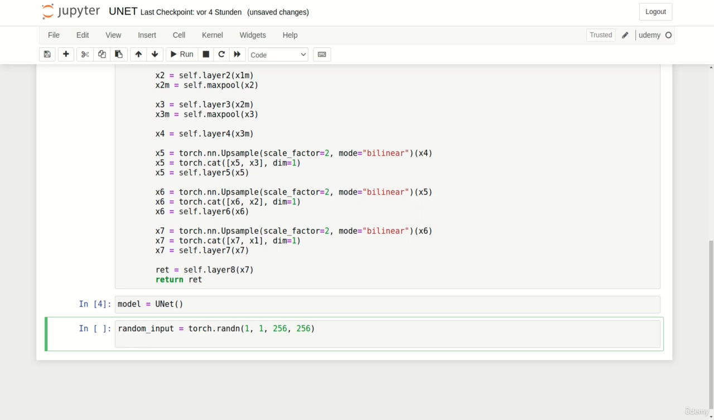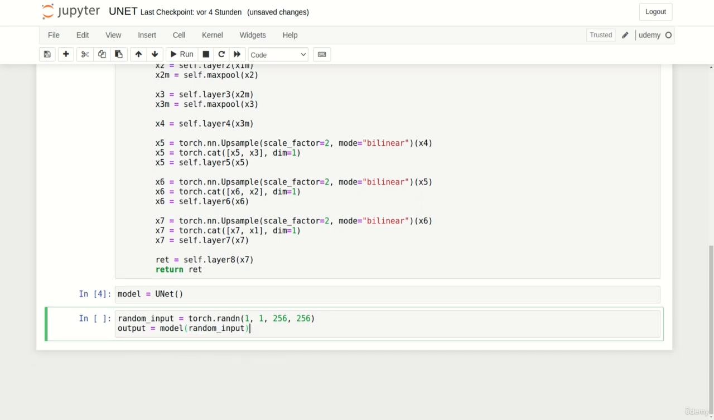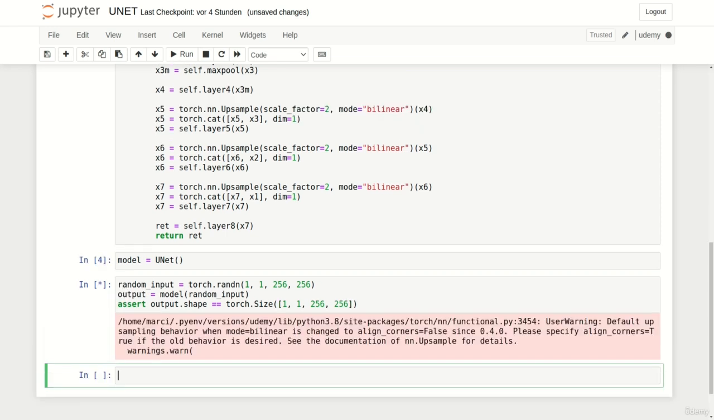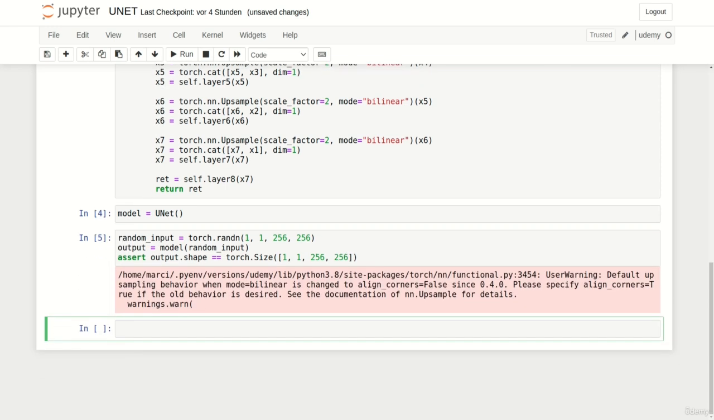We can now compute the prediction or output based on our random input by calling model on our random input. Let's write an additional assert statement which makes sure that the shape of our output is equal to a torch.Size object of shape 1 times 1 times 256 squared. Perfect! Our model works. We should copy our UNet together with the DoubleConv class to a separate Python file to